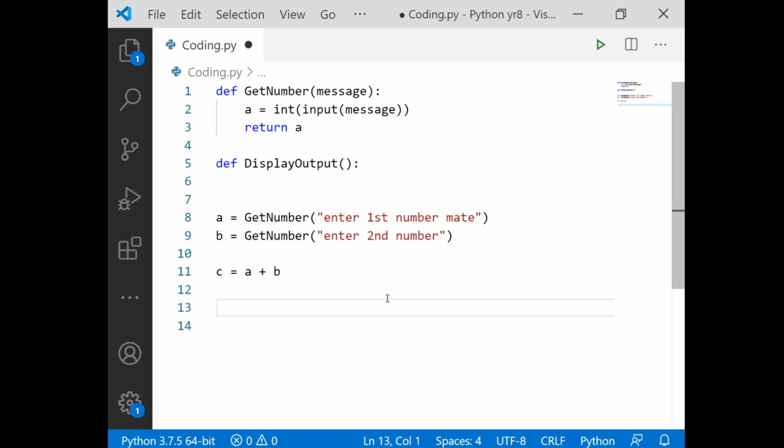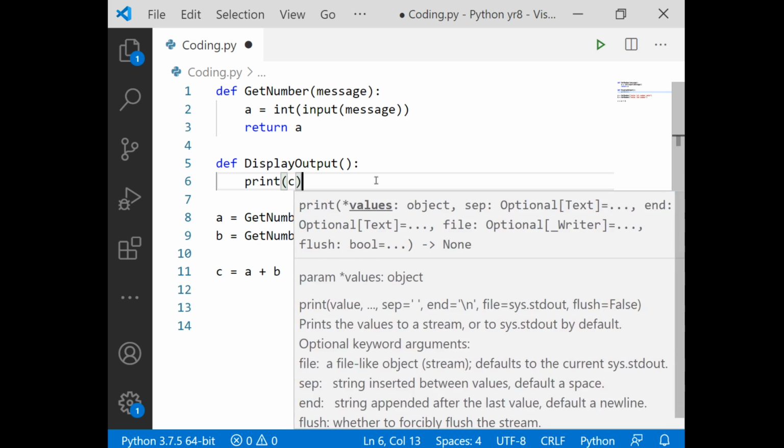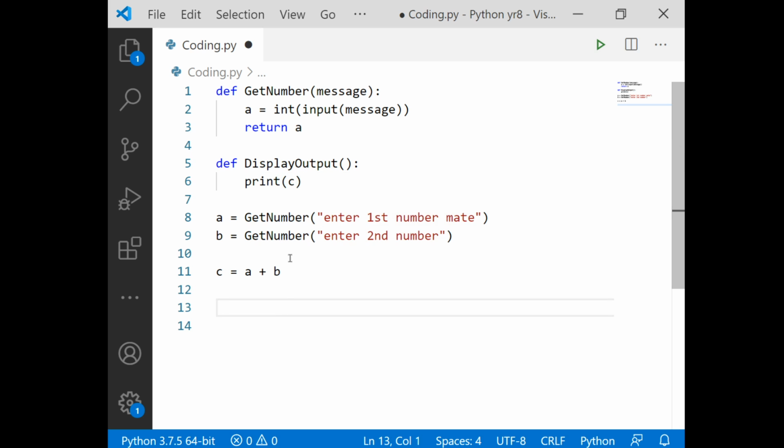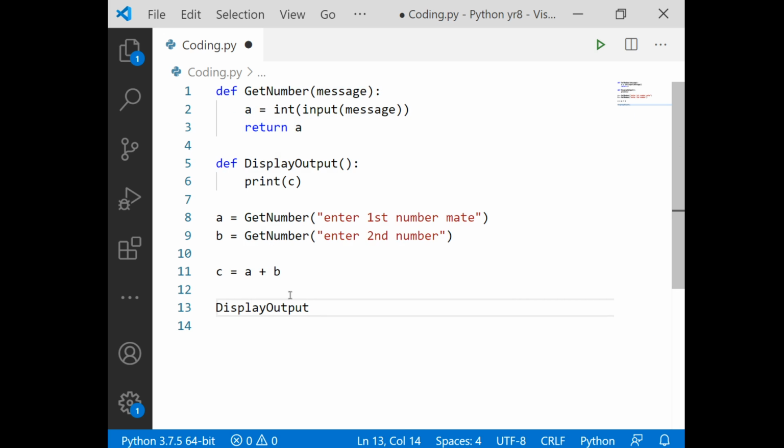Right, so I'm going to put something in here and it's just going to print C. But if I do that, can anyone see a problem with that? So I'm just going to say down here, display output. What's going to happen whenever I run display output?